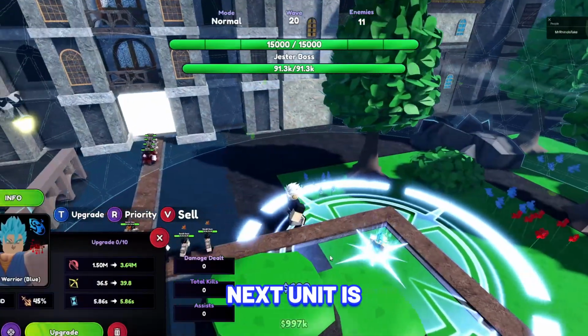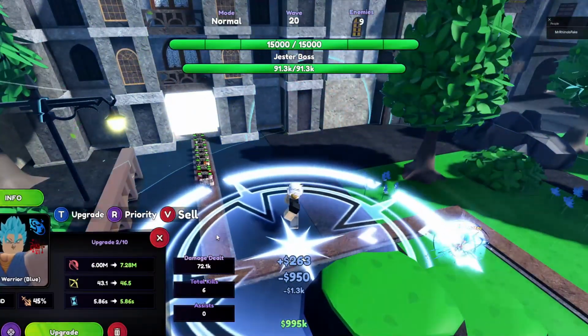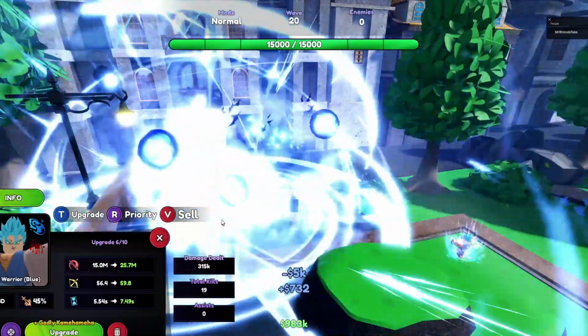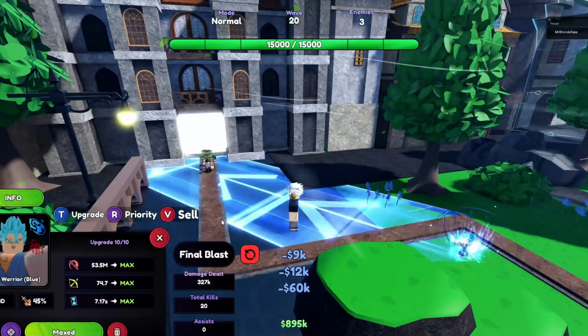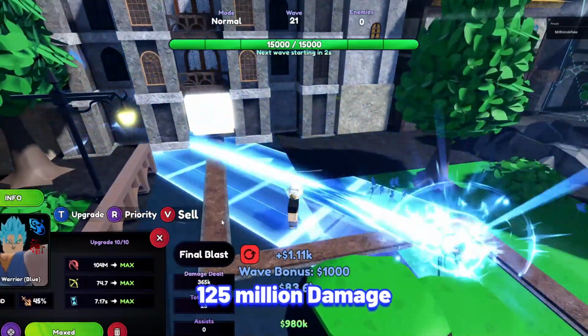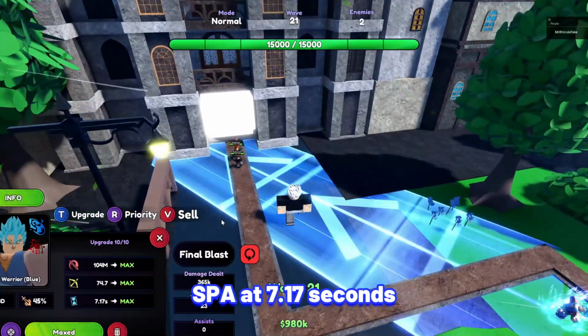Okay, next unit is Fused Warrior Blue. Vegeta Blue is one of the newest units you can evolve, and he became one of the strongest water units, especially with how cheap he is to place and upgrade in this new anime Last Stand Fate update. Fused Warrior Blue stats at max upgrade and max Valar: 125 million damage with his SP at 7.17 seconds, making his damage per second